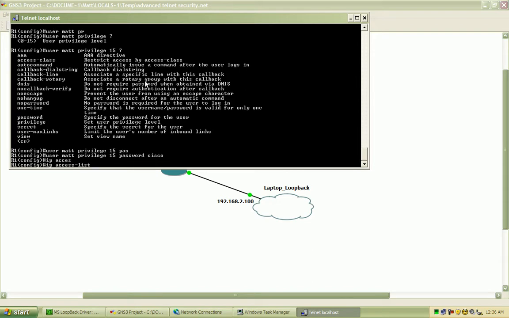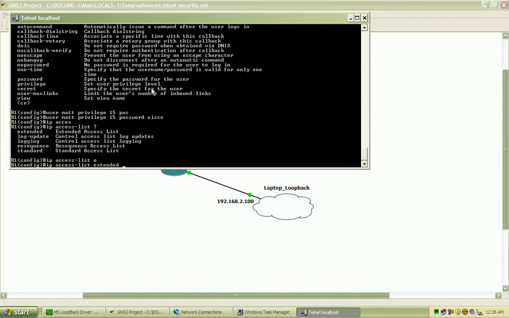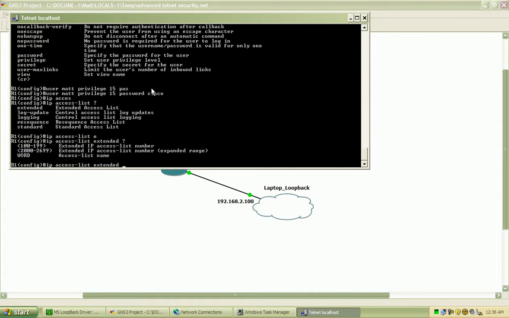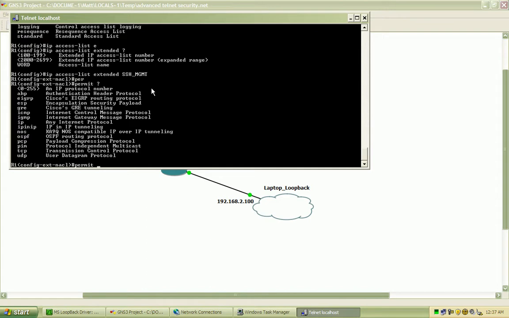I'll set up this list by doing IP access list. And I'm going to create an extended access list with the name SSH management. With one line we can accomplish this. I'm going to go ahead and do permit any IP protocol